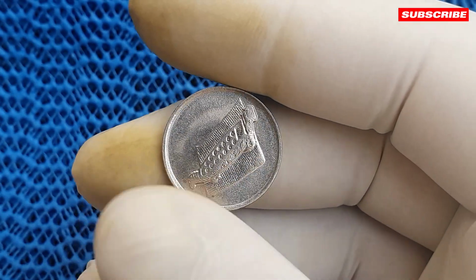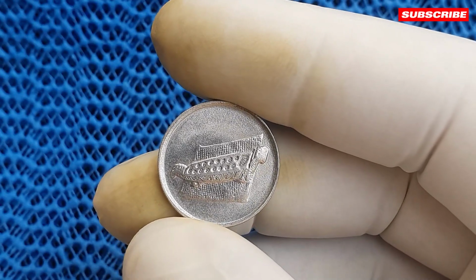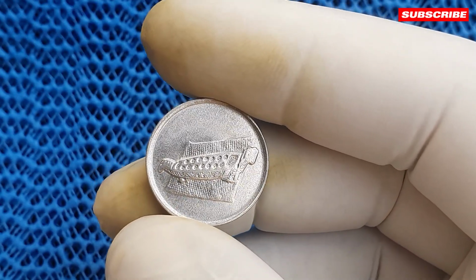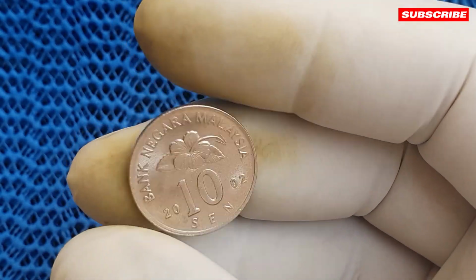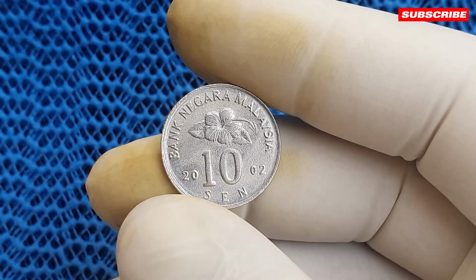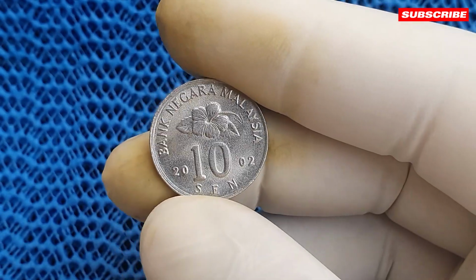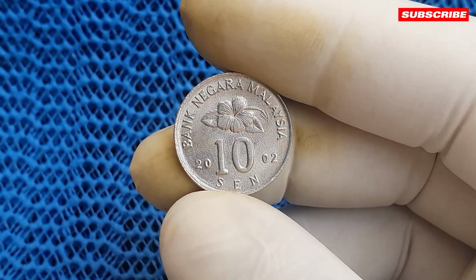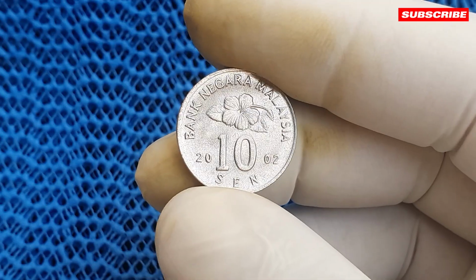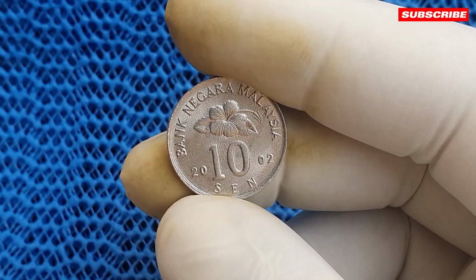Now, for the part everyone wants to know, how much is this coin worth in 2025? As of this year, the market value of the 2002 no-mint mark Malaysian Tenson coin has seen a noticeable increase. Auction results and private sales indicate that a heavily circulated example typically sells for around 150 to 300 Malaysian ringgit. A moderately preserved coin can fetch between 400 and 800 ringgit,